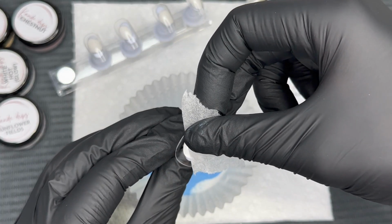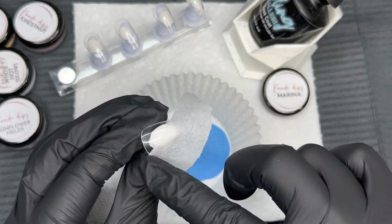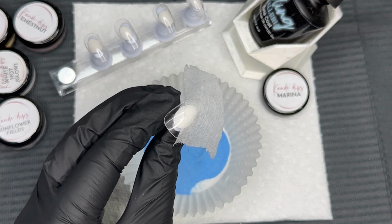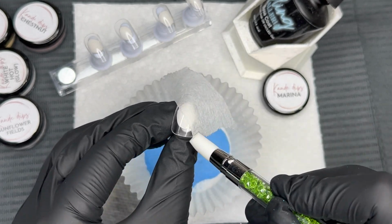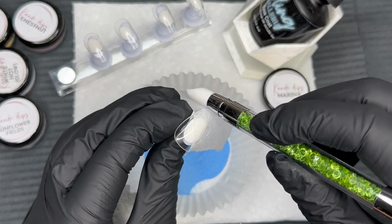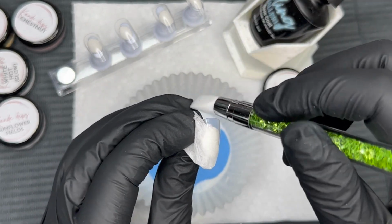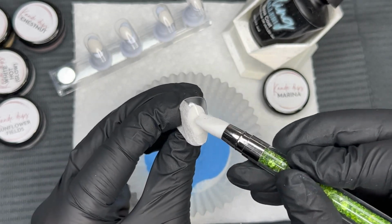We are going to do a little bit of color blocking today, but nothing too crazy. We're not going to do anything like we did with that really fun color blocking nail art, which by the way, I had so much fun doing. We're just going to keep it simple today because this set of the sunflower fields consists of 4